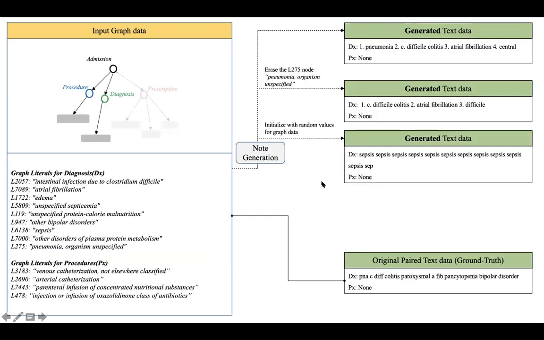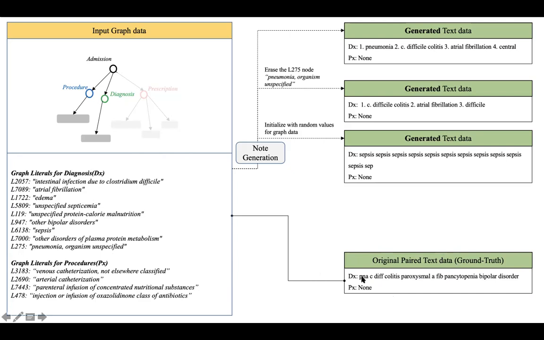Right, so moving on to the next one. This time what we're doing is we're only putting the procedure and diagnosis subgraph into the model and trying to generate the procedure and the diagnosis subsection of the discharge summary. So here we're seeing a little bit more interesting manipulation experiments. So this is the original nodes. In the diagnosis nodes, there are 1, 2, 3, 4, 5, 9 diagnosis codes, and in the procedure there are 4 procedure codes. And the original text was